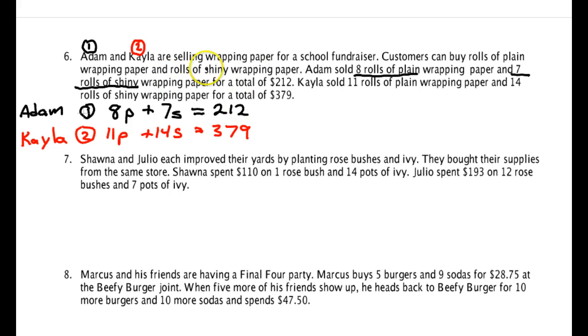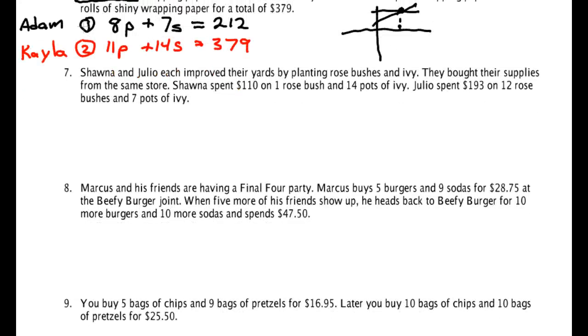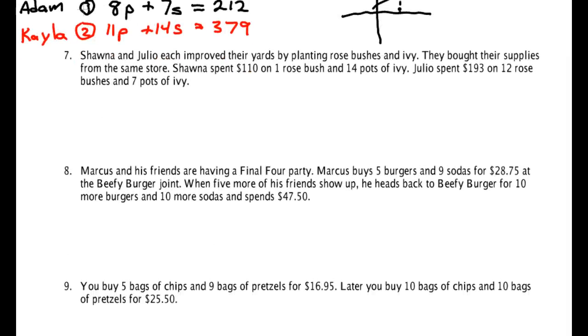We know how many they bought. We know what it adds up to, but we don't know, well, how much is one cost. How much is one plain and one shiny cost? That's what they don't tell you. If we go ahead and graph these, which you won't really graph these types, but if we did, okay, you'd be finding out, well, when do they cost the same? How many plain, how many shiny would it take for them to cost exactly the same amount? Alright, so using that,